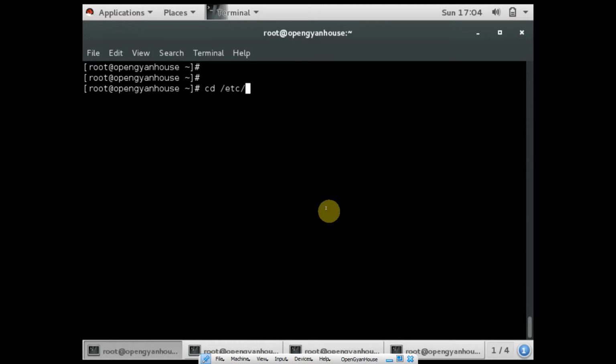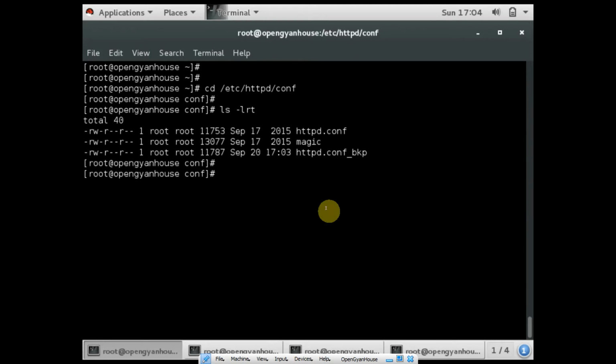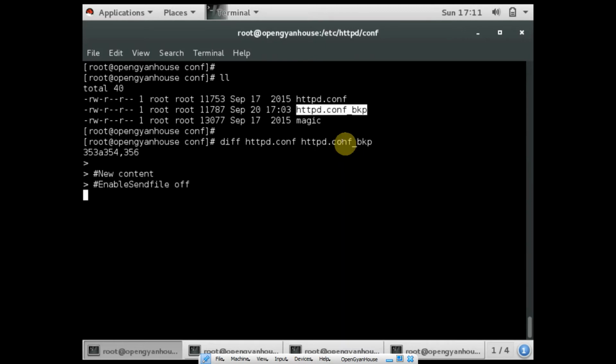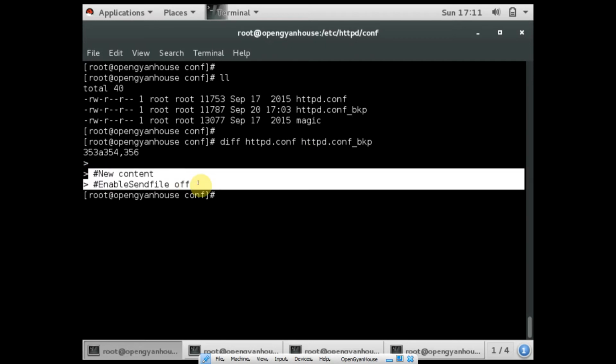So let me check for my httpd.conf. So let's go to the /etc/httpd/conf path, and here you can see there is one file, httpd.conf, and the other file is its backup file. And I want to check what the differences are between these two files. So I have to run the command diff httpd.conf and then httpd.conf_backup. So you can see these two lines are extra in this file,